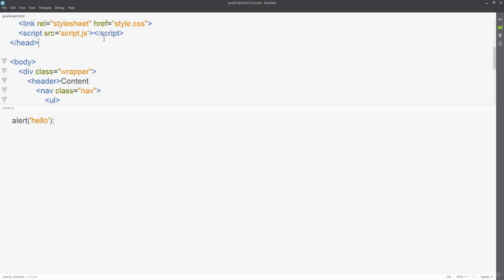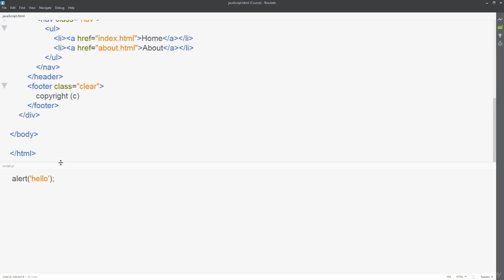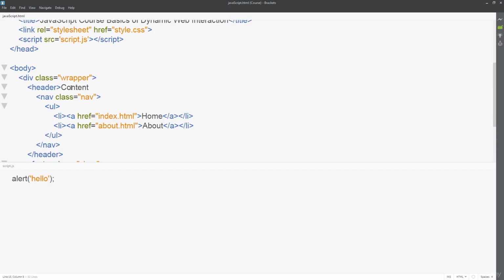If it's added to the top of the page, it's still going to render out the same. If I add it underneath the body, same thing, it'll render out the same. But there is a reason why we're placing JavaScript at the bottom. And this is going to become important when we look deeper into what's available with the DOM, because the DOM is the document object model, and of course I am going to go into this later on in the upcoming lessons, but essentially for now it's just important to understand that the DOM represents all of that HTML content